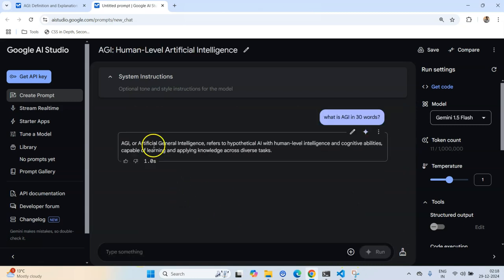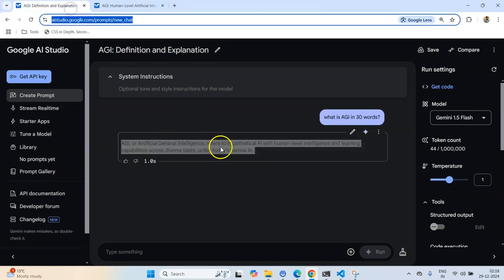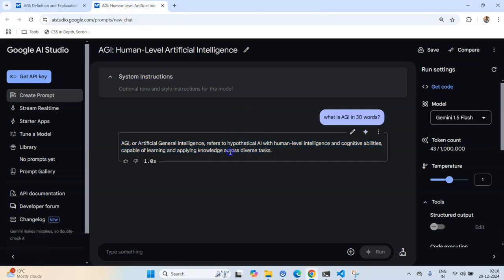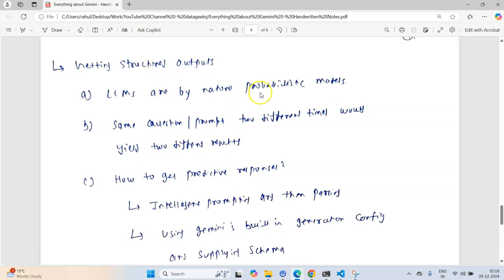You see, this time it has created an entirely different text. Obviously it is explaining AGI, but it is not exactly the same, which shows us that these are probabilistic models.